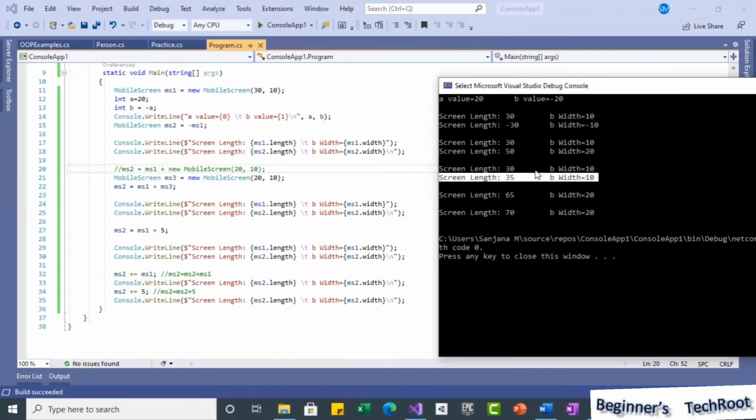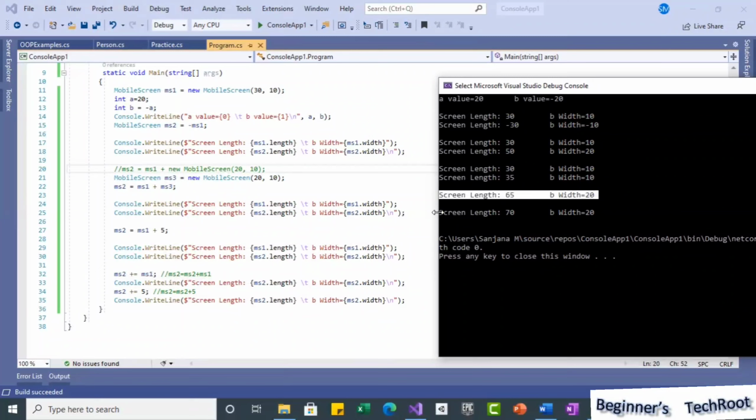Okay, now these two we added: ms2 plus equal to ms1 is nothing but the calculated value of ms2 plus ms1 stored into ms2. So 30 plus 35, length became 65. Similarly, 10 plus 10, width became 20.